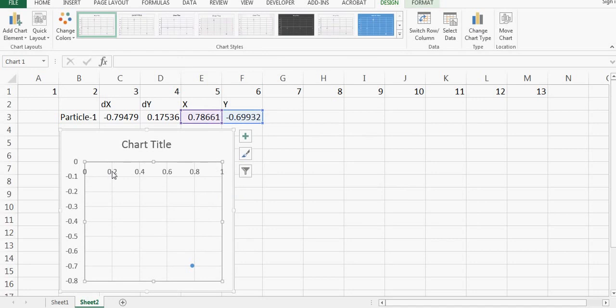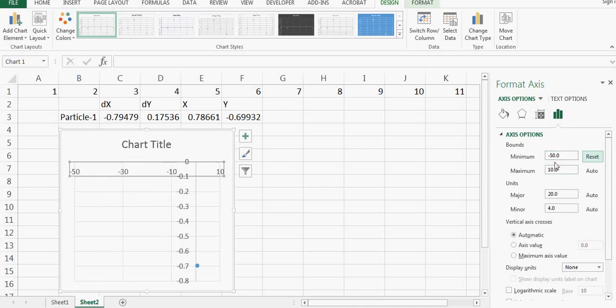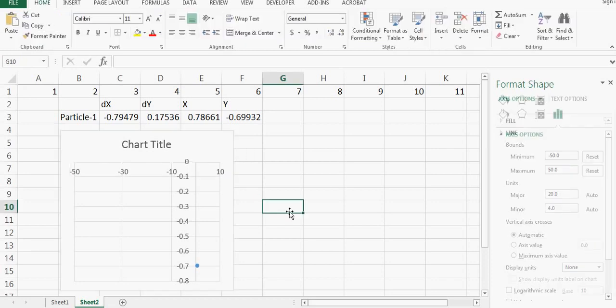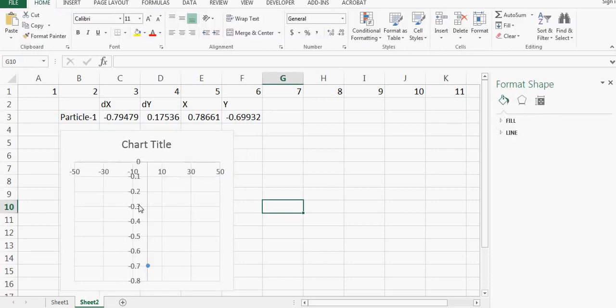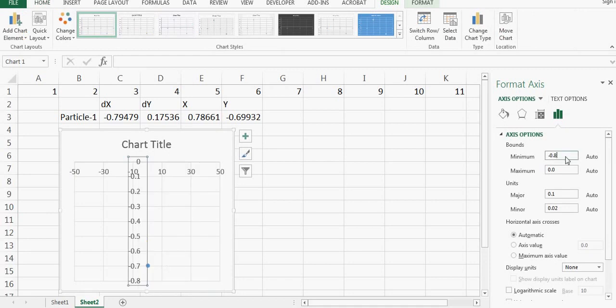I'm gonna define the axis. If I define the axis, that will make it easier for me to visualize the animation. Otherwise the axis will keep changing and the particle will look like it's still at the same place. So I said -50 to 50, and same for this one. I'll say -50 and this is 50.